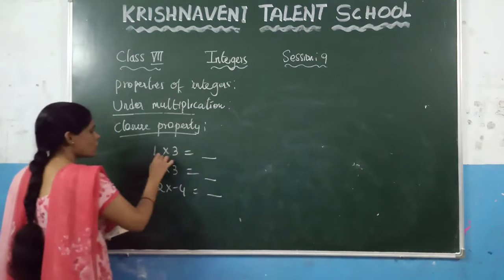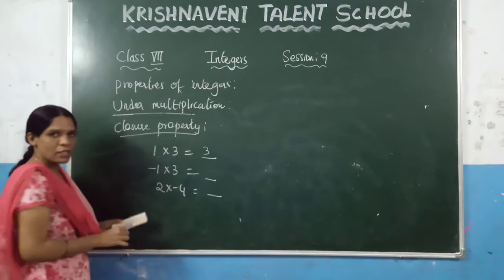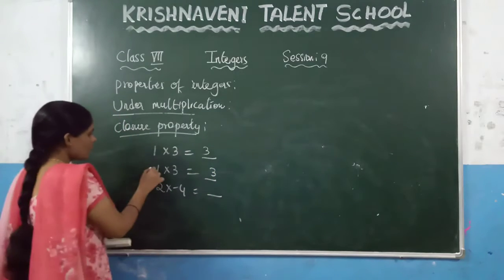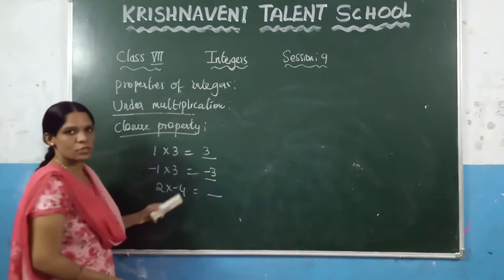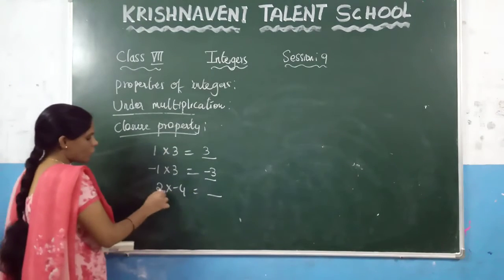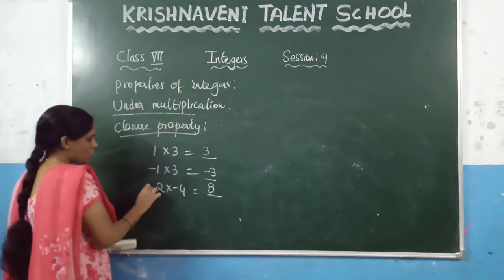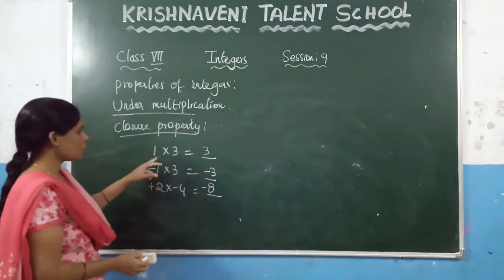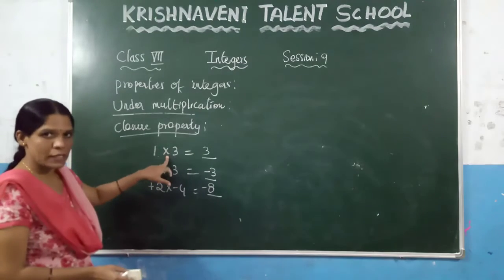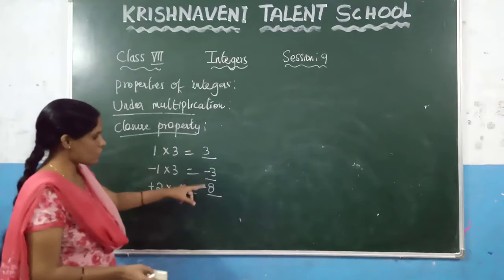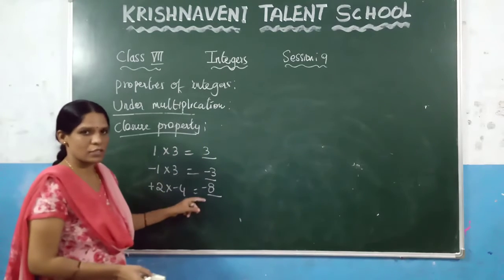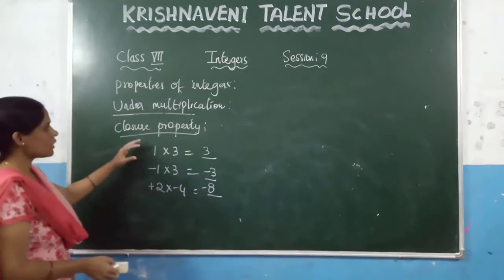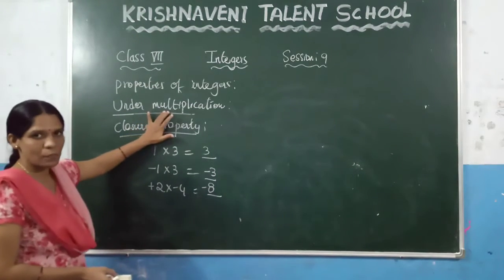Let us solve this one. What is the value of 1 into 3? Which is 3. And what is the value of 1 into 3? Which is 3. Now multiply the symbols. Minus into plus is minus. So the result is minus 3. What is the value of 2 into 4? 8. What is plus into minus? Which is minus. Here you can observe that if you take two integers and multiply them, the result is also an integer. You know that 3, minus 3 and minus 8 are all integers. So we can say that the closure property holds good under multiplication.